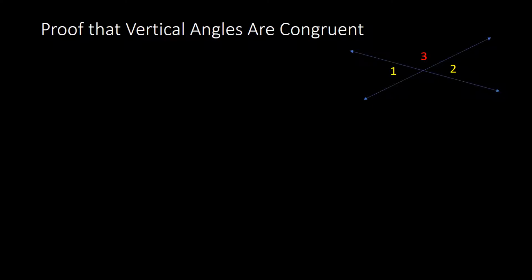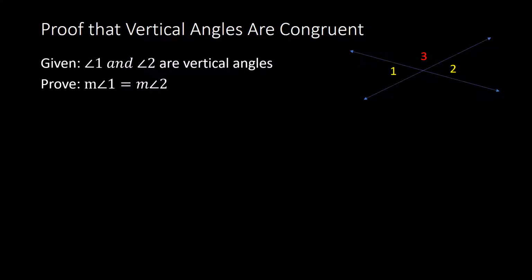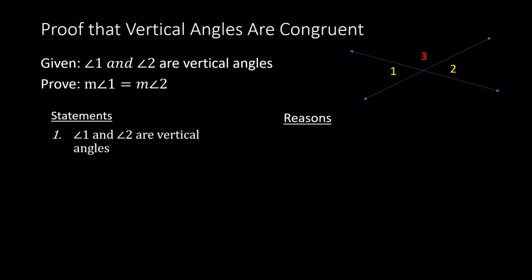So with this proof, we are given that angle 1 and 2 are vertical angles. And the goal is to prove that they are congruent, or we could say the measures are equal. So the first thing you want to do is set up your statements and reasons column. And the first statement will always be your given statement. So the first statement is that angle 1 and angle 2 are vertical angles. And the reason is because it is given information. So from here,